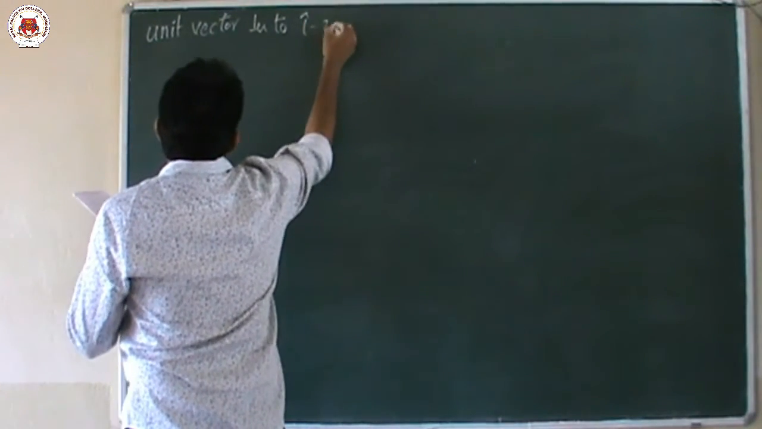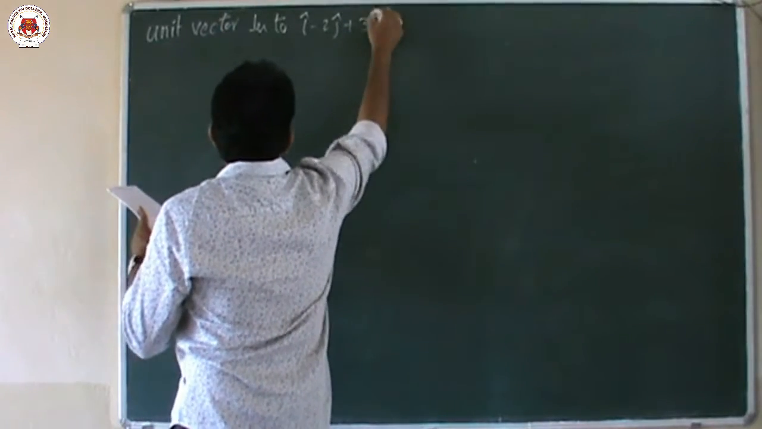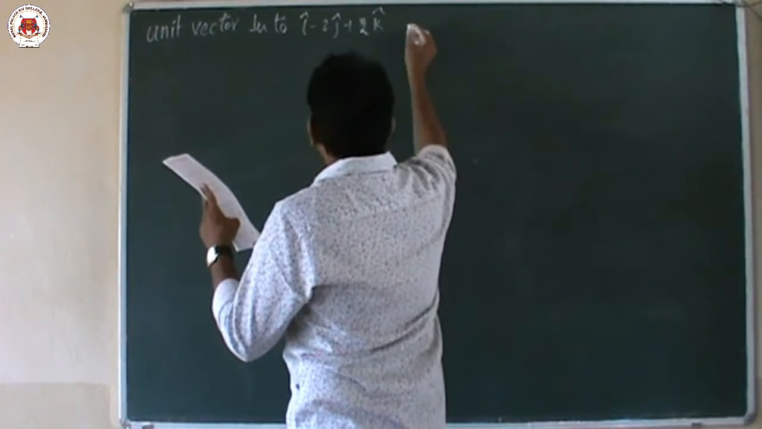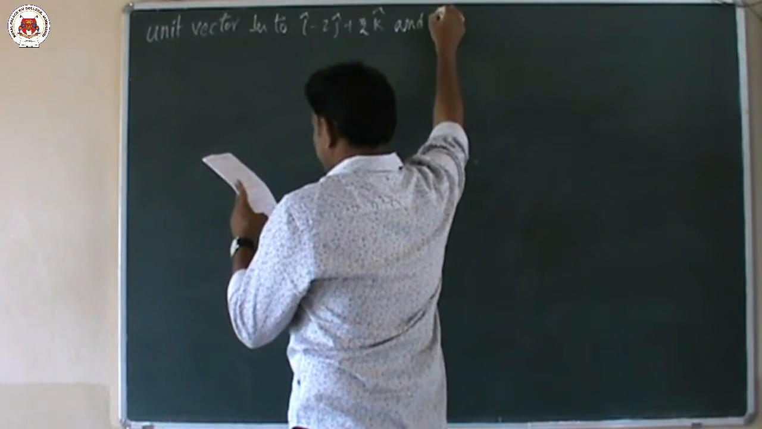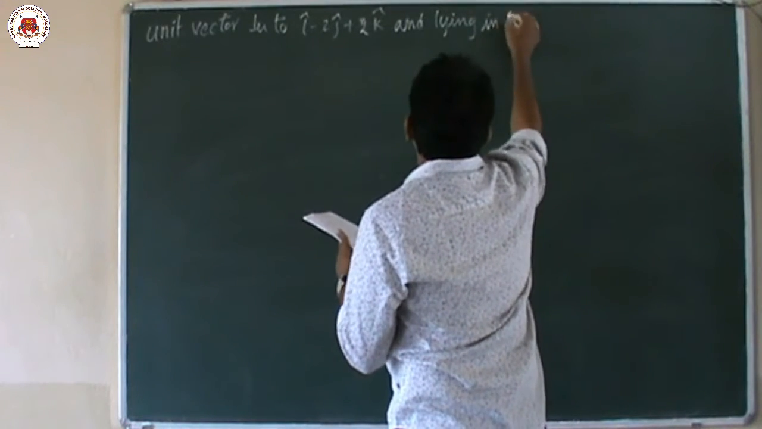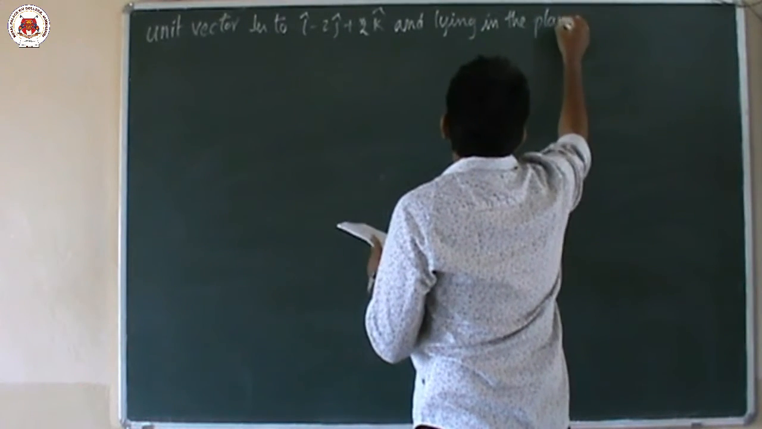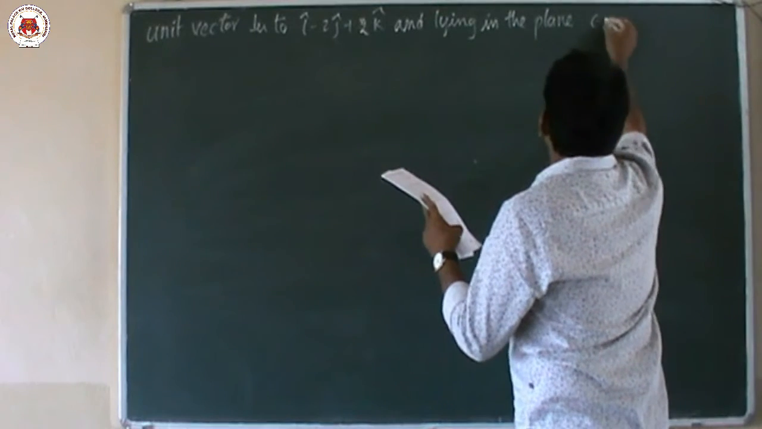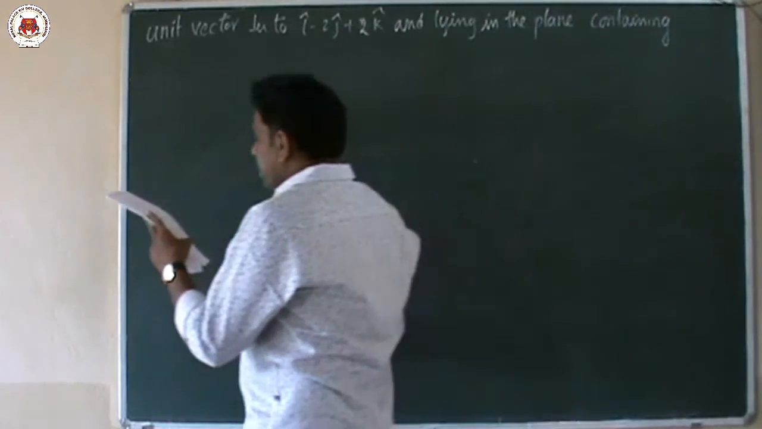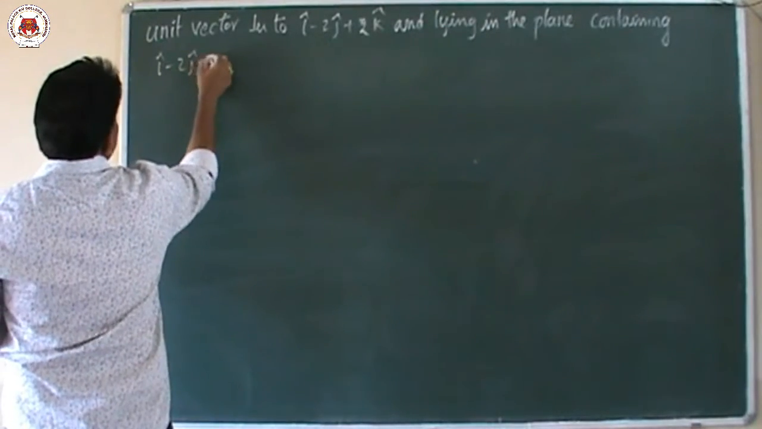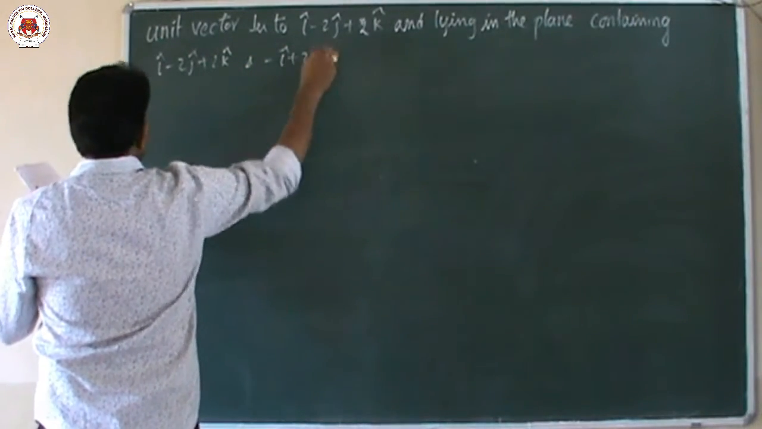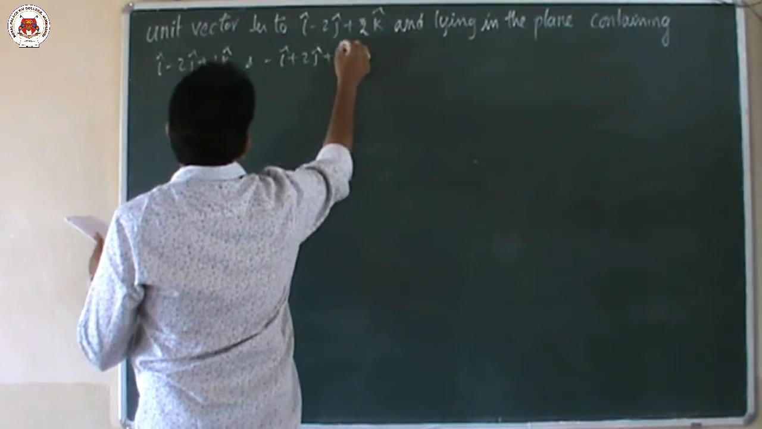Find the unit vector perpendicular to i cap minus 2j cap plus 3k cap. Not 3k, sorry, 2k cap. And lying in the plane containing i cap minus 2j cap plus 2k cap and minus i cap plus 2j cap plus k cap, is, this